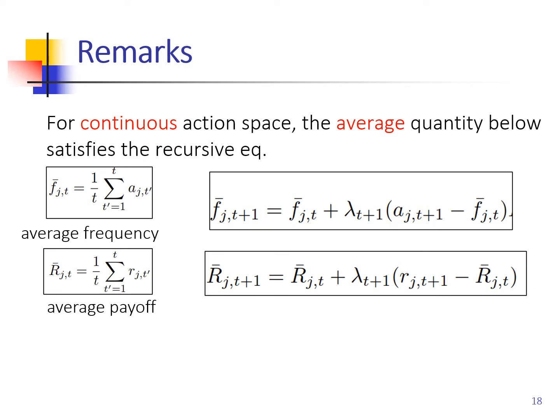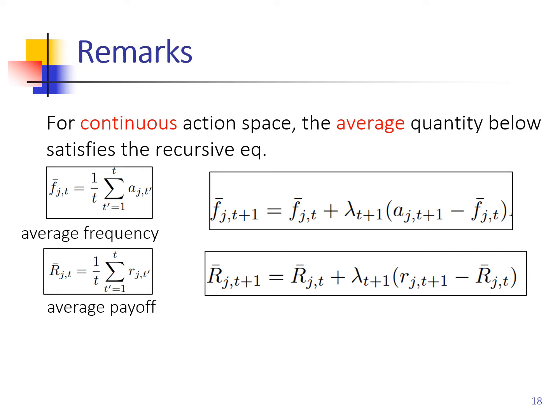Now, this idea of calculating these average quantities can be applied to calculate any belief. The belief before was about, for instance, how many times this strategy has been used. But you can use this not only for the average frequency, but also for the average payoff. As we did before, we were interested in calculating the frequency of using action SJ, but you could do it also for the payoffs, and you can show that you can write down